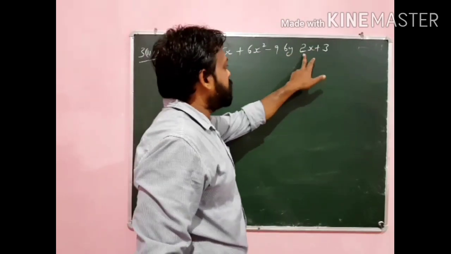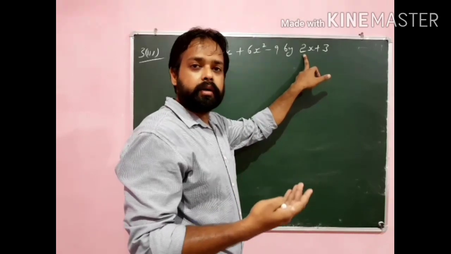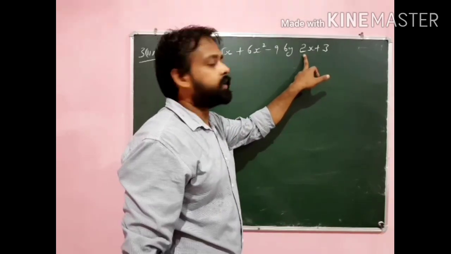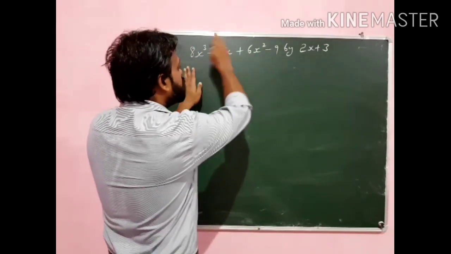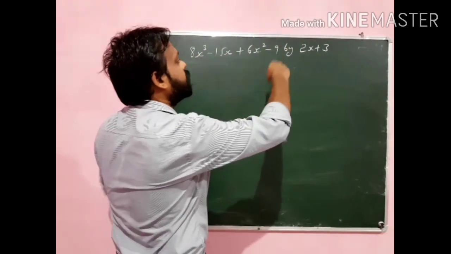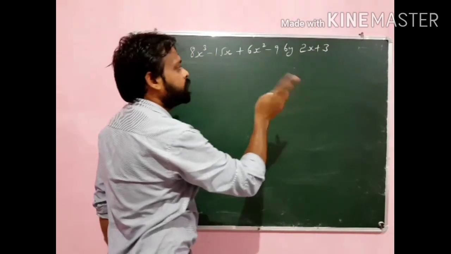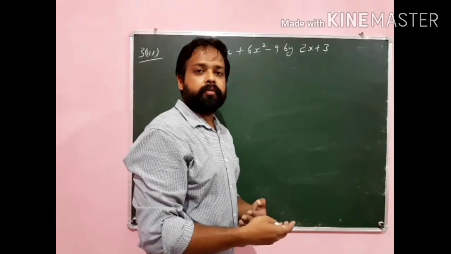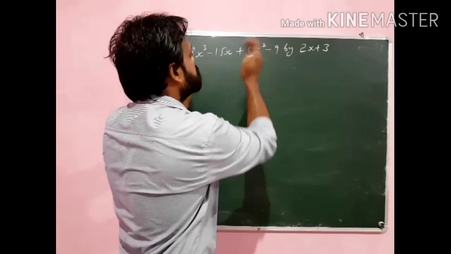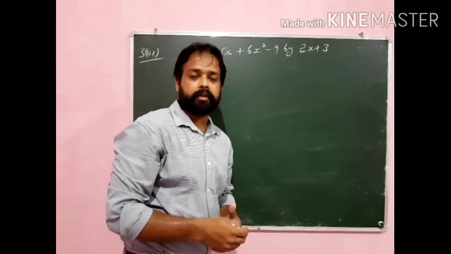But now you can see carefully, in the first polynomials which we had already solved, there was only a single term, that is called a monomial. It means we had to divide the polynomial in that case by only a monomial. But now you can see here are 2 terms. 2 terms means this is a binomial. So that is why, while dividing this polynomial by this binomial, we have to change the method.